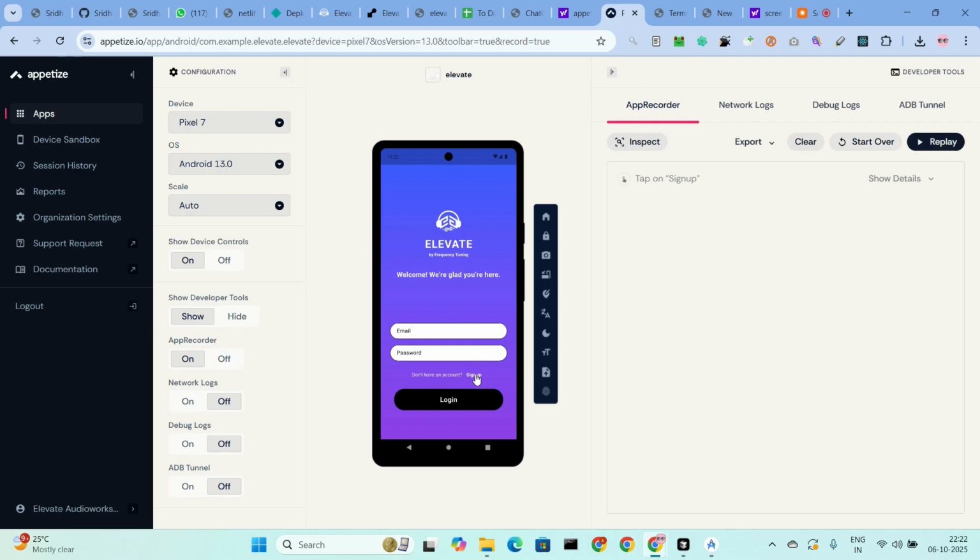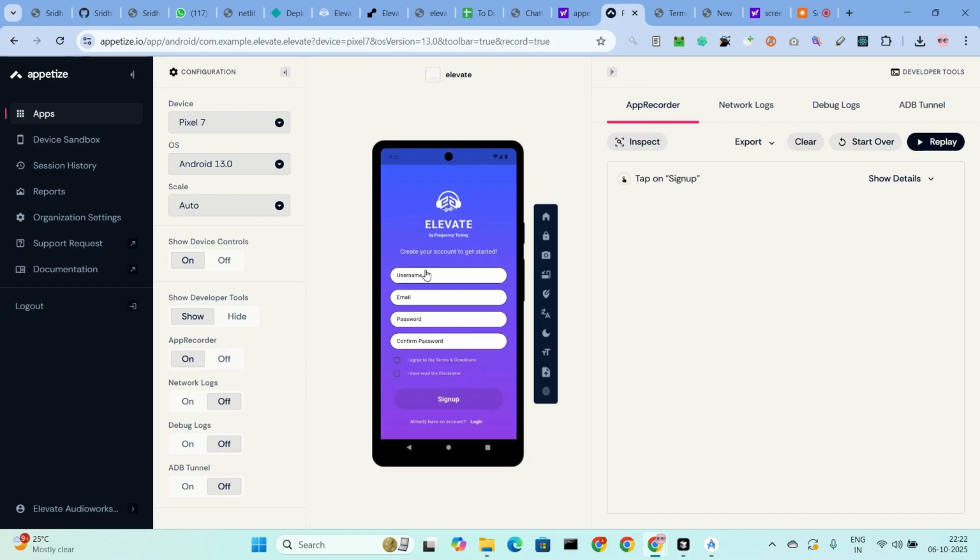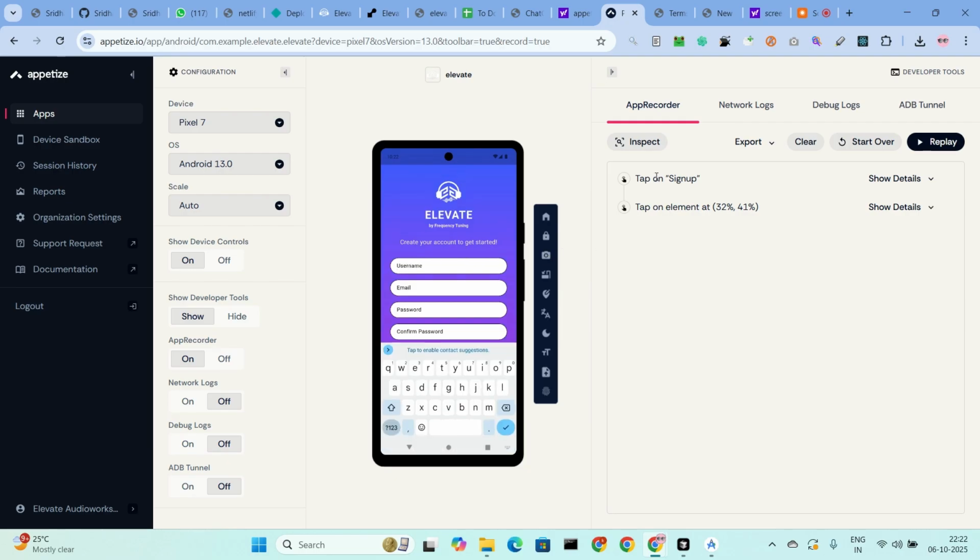sign up. As a user, I'm going to create a new account here. Once I have clicked the sign up, you can see what things I have done, what actions I have done, on the right side. I have entered mike123@gmail.com as the user ID, for example,